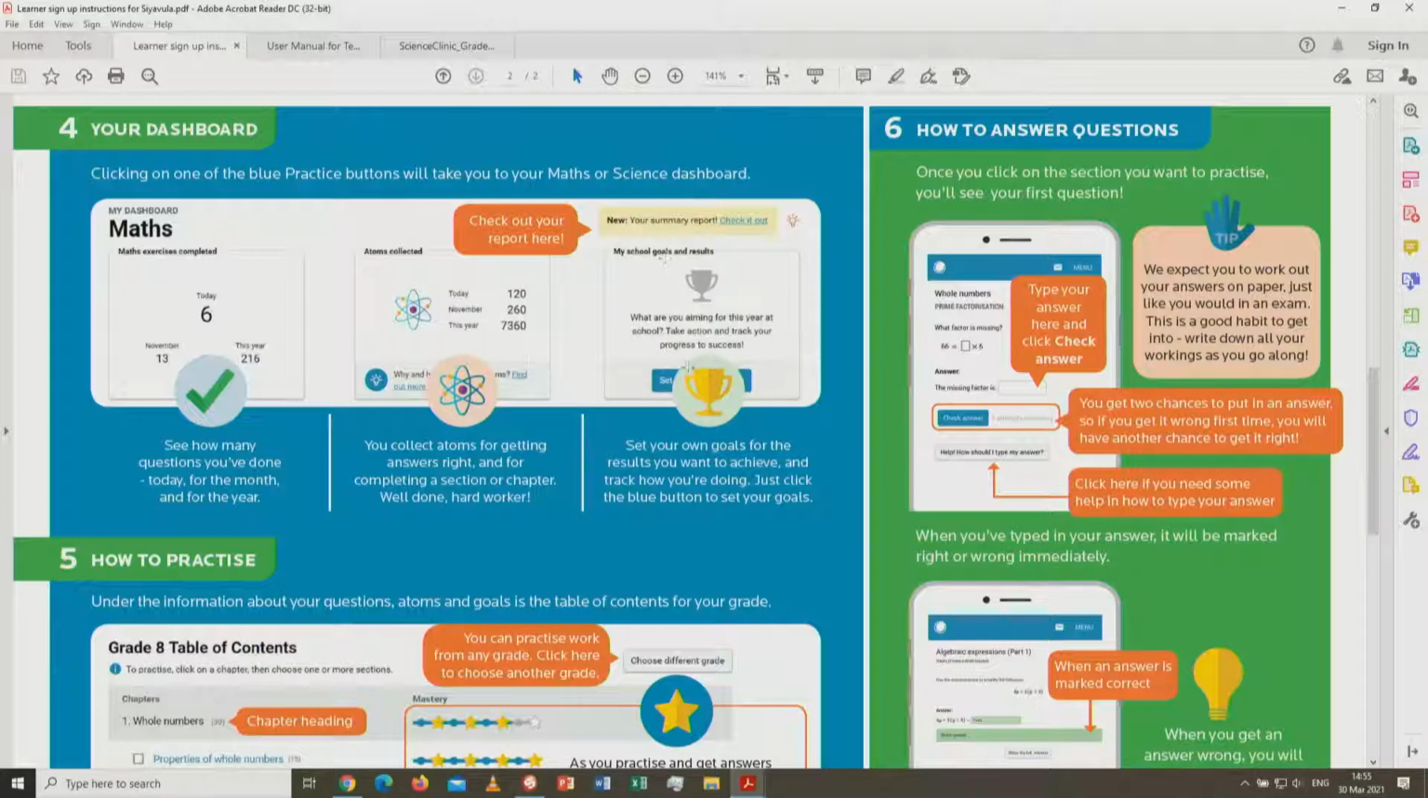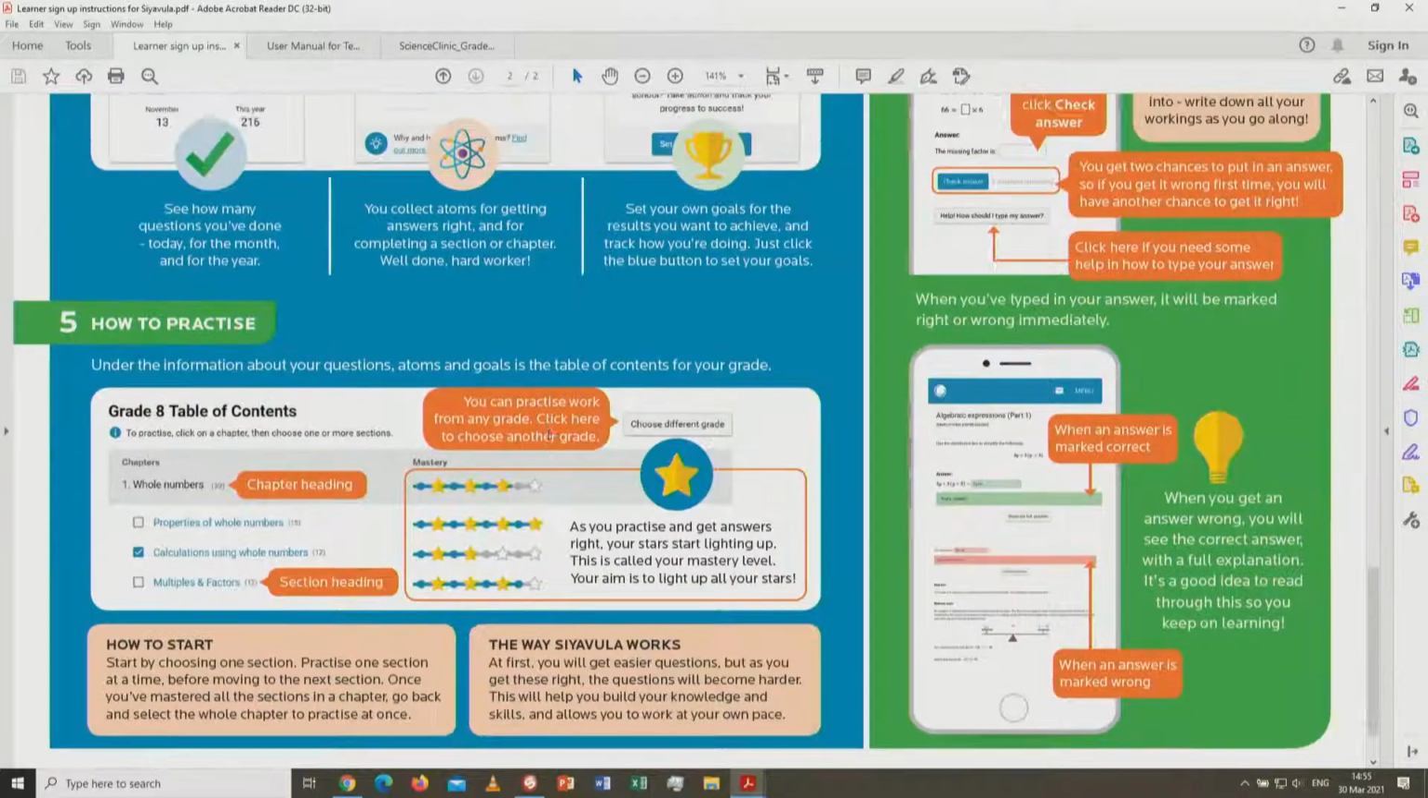There's a school goals of results. You put in your results here. You can just click there and put in your results there. How to practice? You just